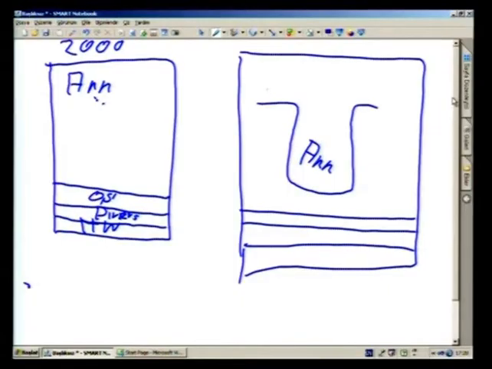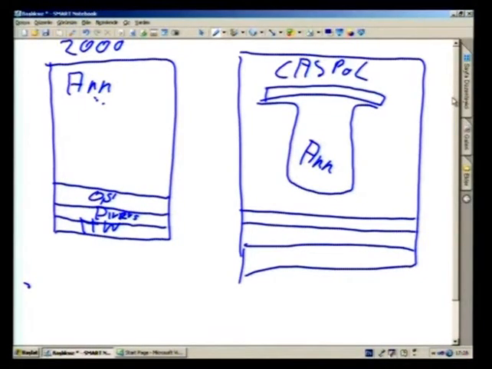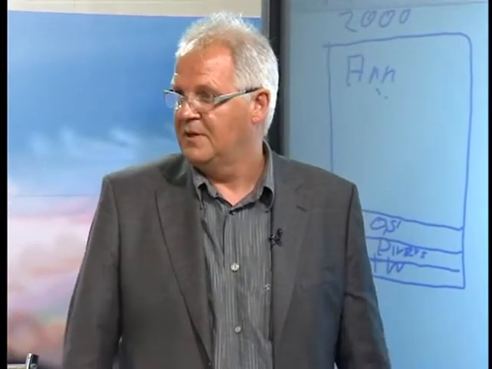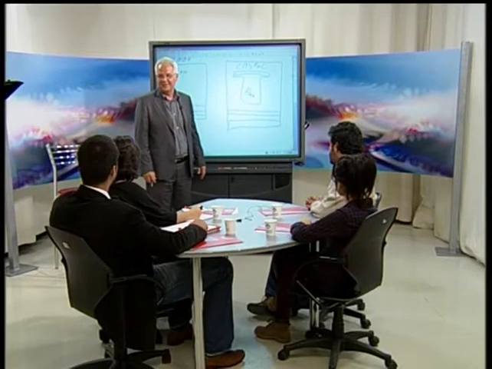And then you close the basket with a security system. And this is called CASPOL, Code Access Security Policy. So you can create groups of permission sets. You can create code groups. And you can relate them to a specific kind of .NET application to make sure this application has the rights it needs to have. So an application cannot do anything on its own permission, and it cannot leave the environment.